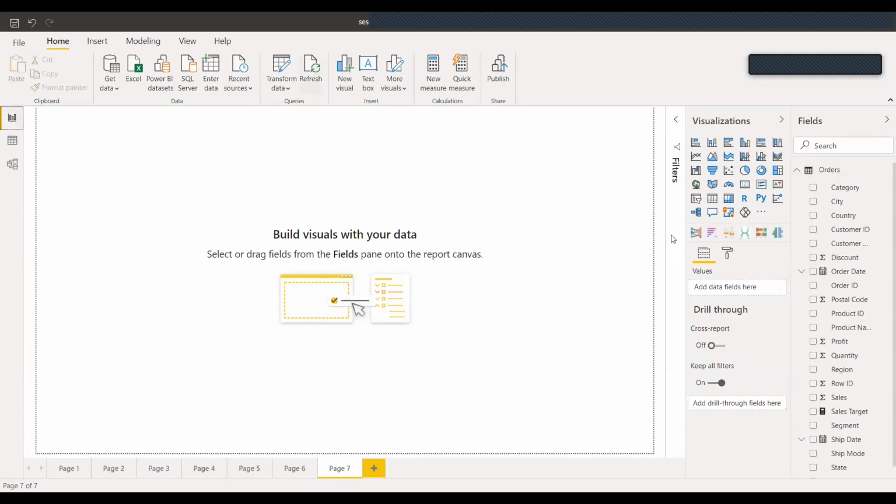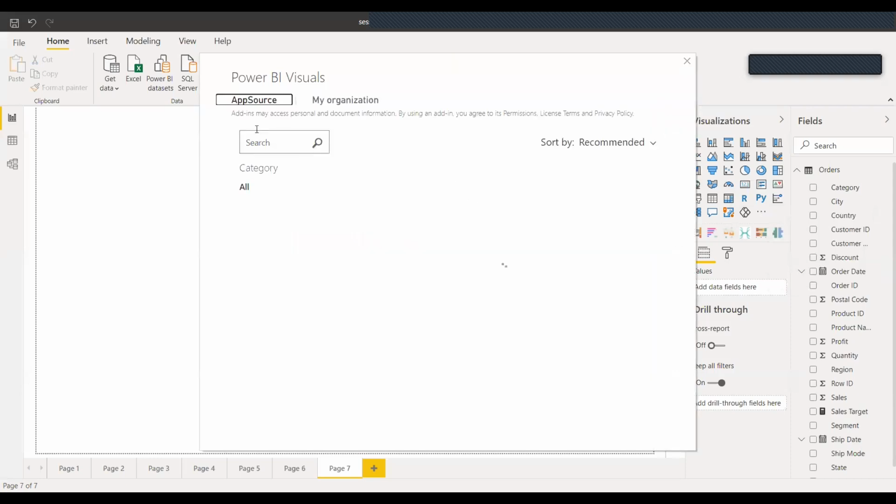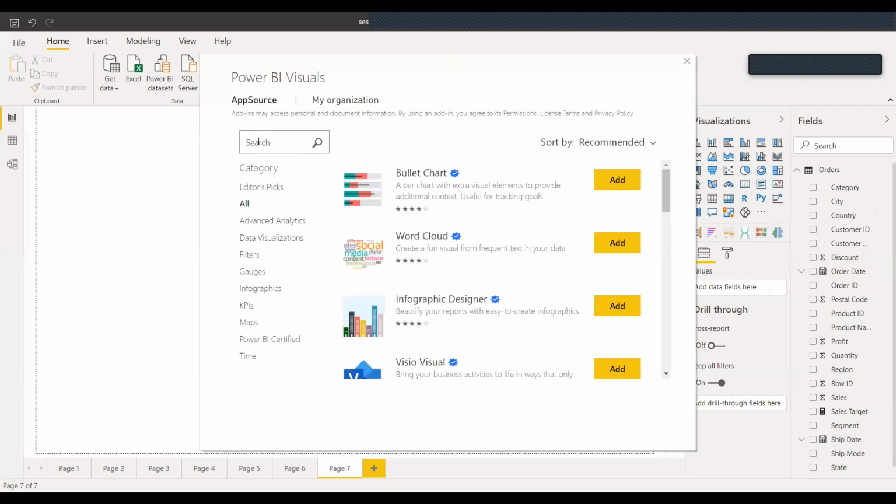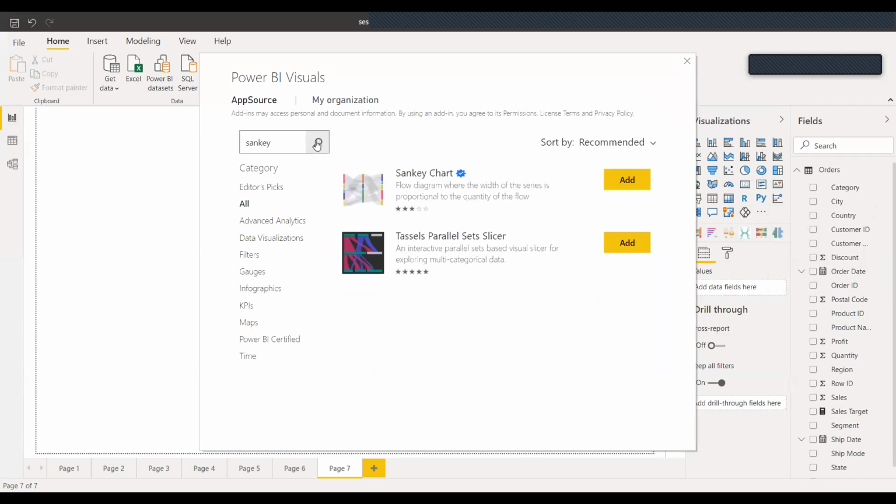So in Power BI, basically we don't have any way of creating our own custom visual. So what we do, we can just import our visual. Let's say if we want to build Sankey, we'll click on these 3 icons and go to Power BI visuals. Here you can search for Sankey.